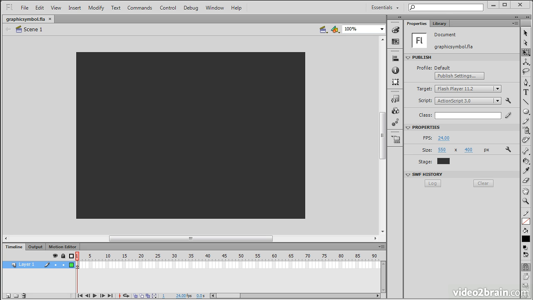A graphic symbol in Flash Professional is a symbol which contains its own timeline, but which is tied to the root timeline. In this lesson, we examine the construction and use of this symbol type. So let's go in and simply create a basic